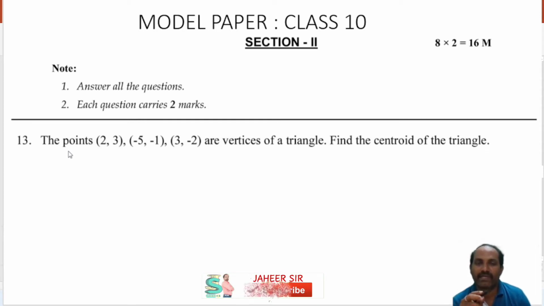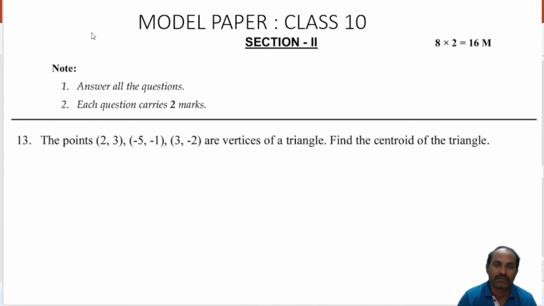Today I am going to explain 2-mark questions from the model paper. Okay, let us start the video. Here the 2-mark questions start from 13. Write all answers. Each question carries 2 marks, so every question is 2 marks. Total 8 questions, 8 times 2 is 16 marks. First, the 13th question: find the points